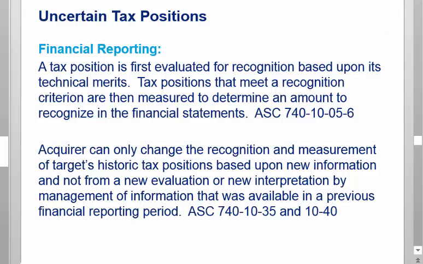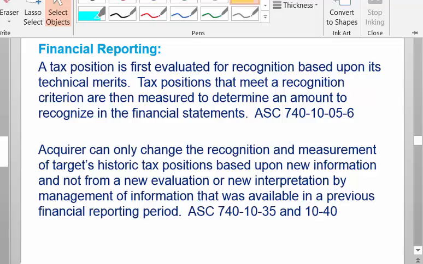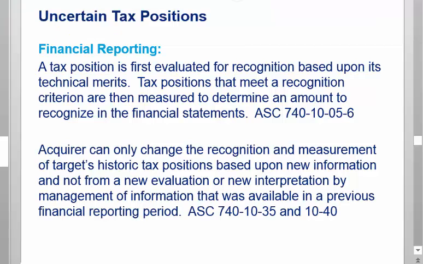One issue that comes up a lot, like 100% of the time, is let's say that the target was private, and they didn't really care about FIN 48, and no one was really grilling them on their financial statements, and they didn't book a lot of reserves. It wasn't a big deal to them. And then buyer comes along and says, yeah, we want to buy you, and it looks like you have exposure all over the place. So we want to accrue in our balance sheet a ton of reserves.